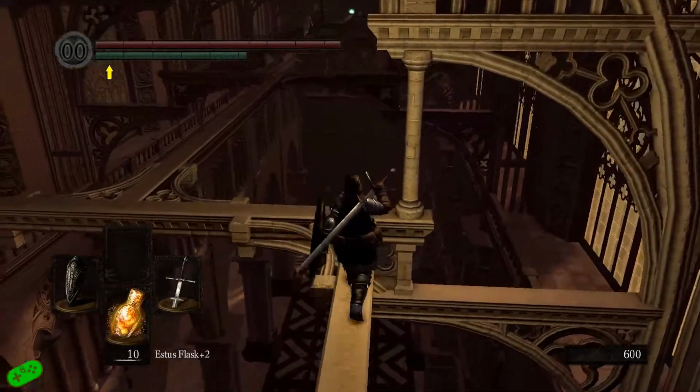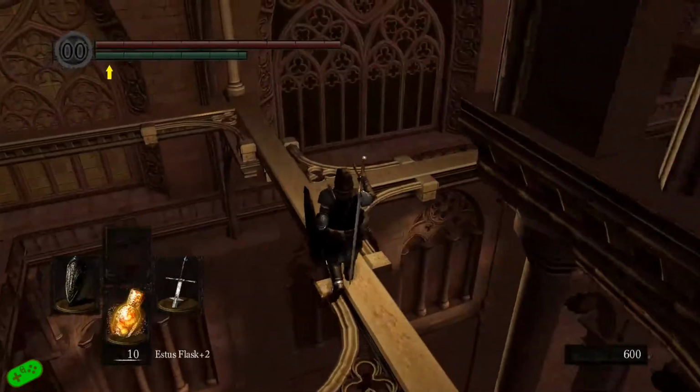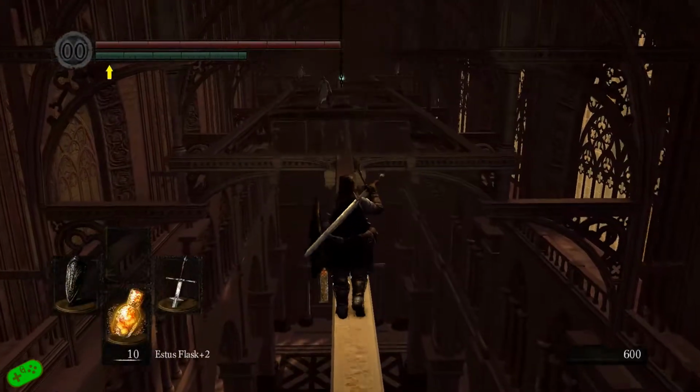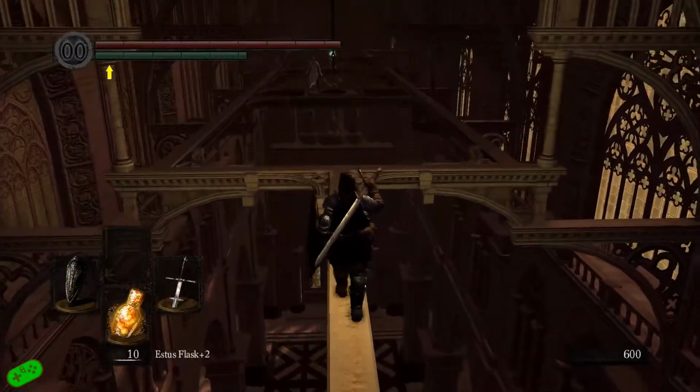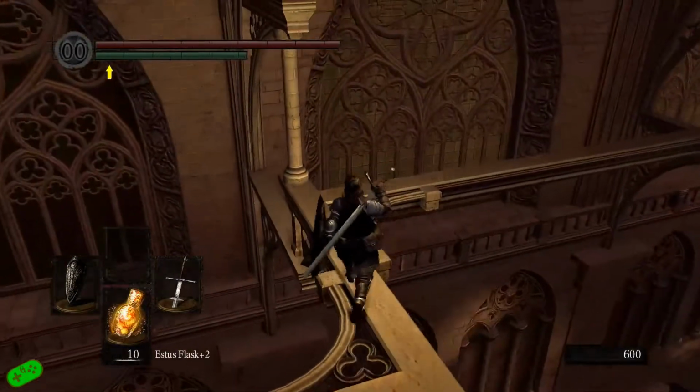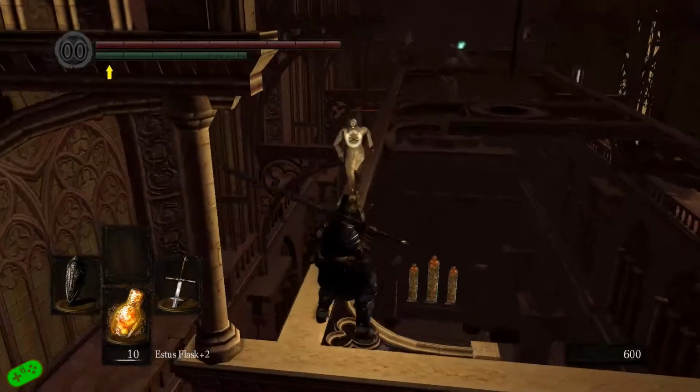In Dark Souls 2, there's wooden chests and there's metal chests. And as far as I know, none of the metal chests are mimics. That's good. So that's kind of nice. At least whenever you see a metal chest, you don't have to worry about it. But everyone else...